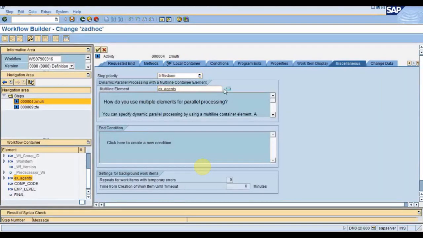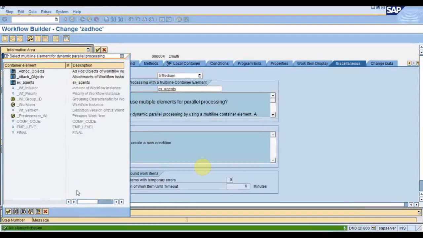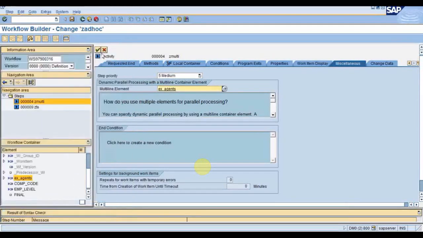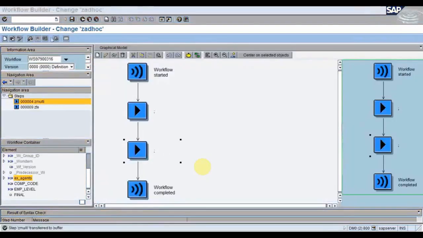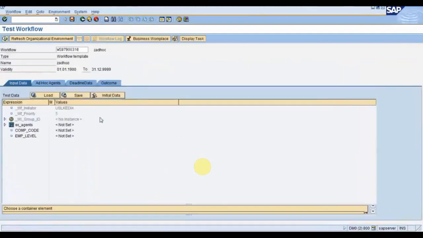Just give me a second. We are getting two items, but the users are not receiving the work items. You can see here. Let me first show you why we are getting those two line items.